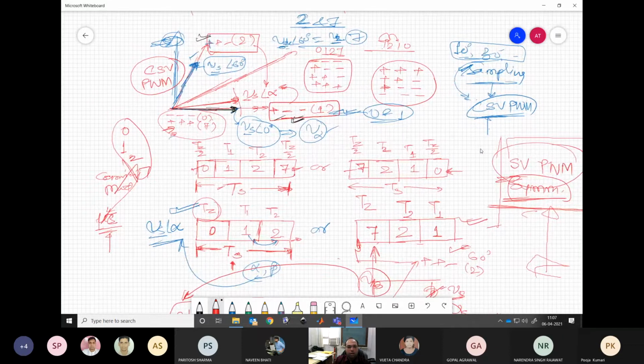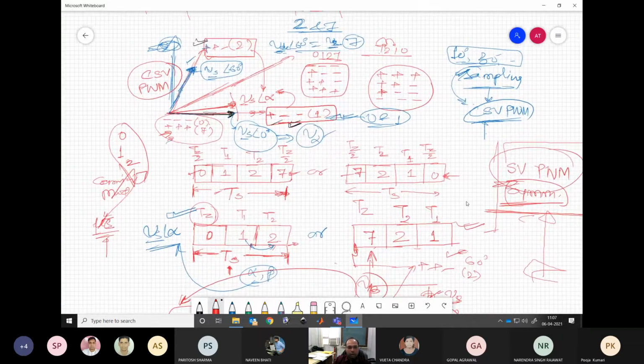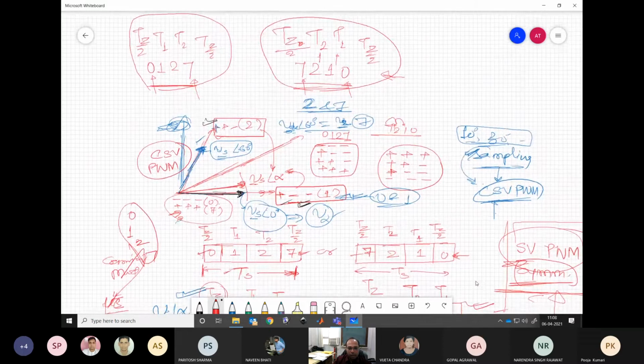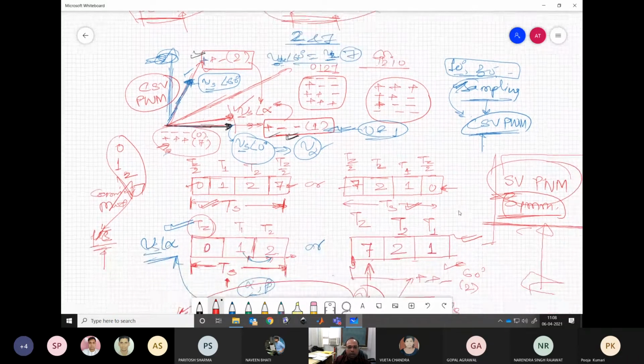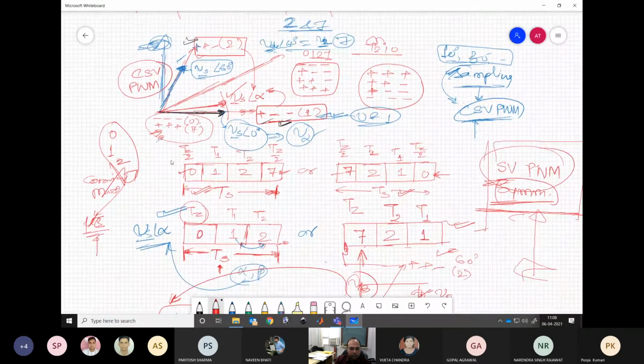Now we have seen that in the realization of that voltage vector, let's say Vs at angle alpha, the contribution from 1 and 2 is sufficient to realize that vector. There is no need to actually apply the zero vectors. Zero vector is applied only to maintain a constant switching time. So the TS interval we want to make a constant number, and whatever is the remaining time, there we apply these vectors to maintain it constant.